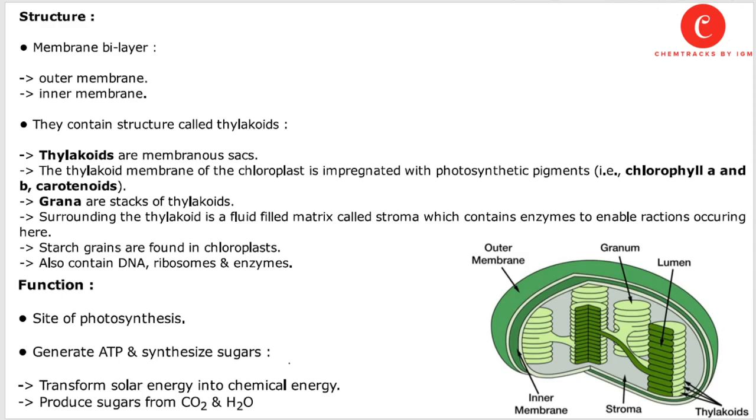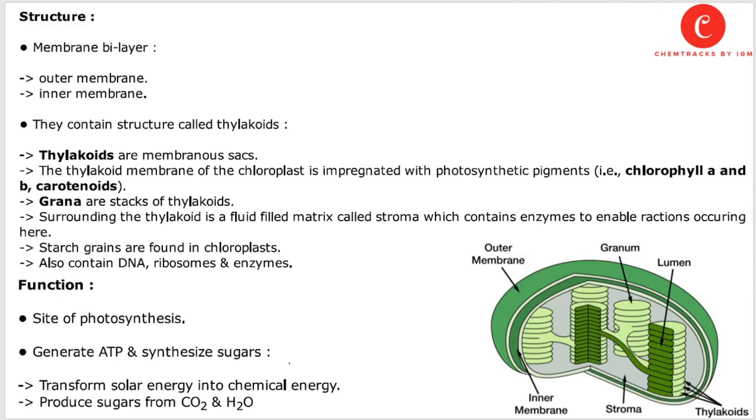Now you can see from the diagram there are inner and outer membranes of the chloroplast. You can see the stroma fluid that is present inside the inner membrane. There are thylakoids, or different sac-like structures, and when the sac-like structures or thylakoids are stacked on one another, they basically form grana or granum. Lumen is the layer that is present on the granum or grana.